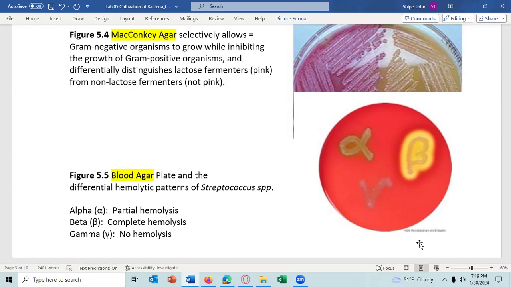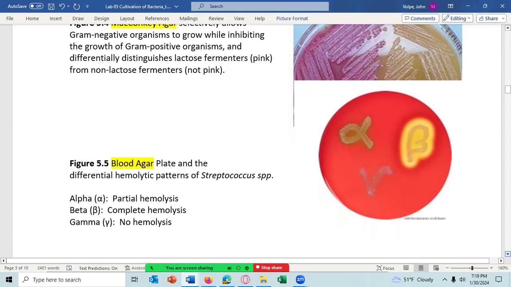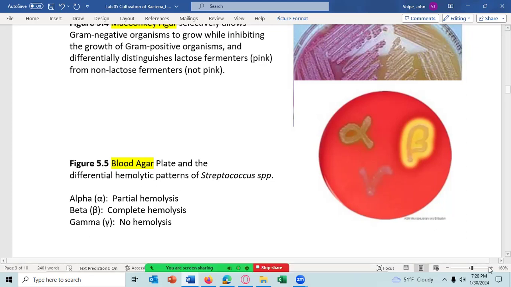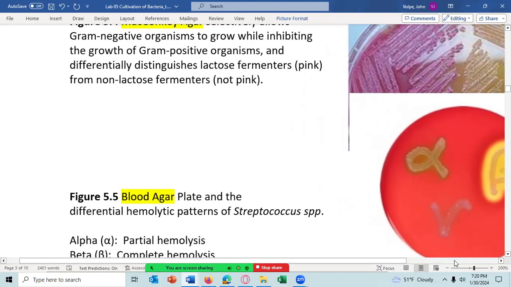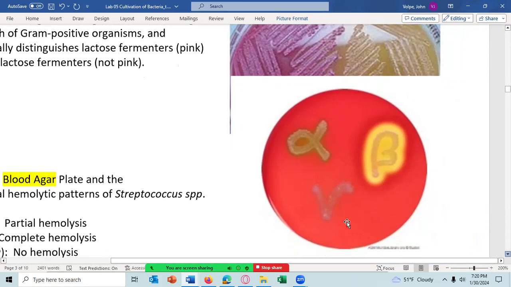So it is an enriched general purpose media, and it is also a differential media. You can differentiate between the different hemolytic patterns of different bacteria species with blood agar. Hemolysis is the lysing of red blood cells, and different bacteria have different hemolytic patterns. There can be gamma hemolysis or gamma hemolytic activity, and that's shown by the bacteria in,